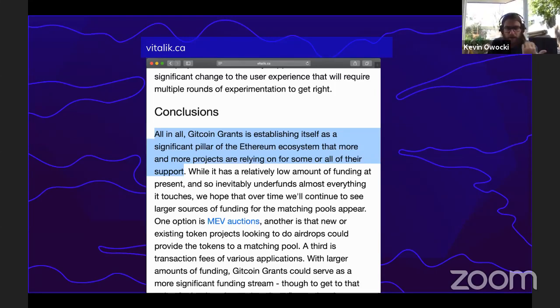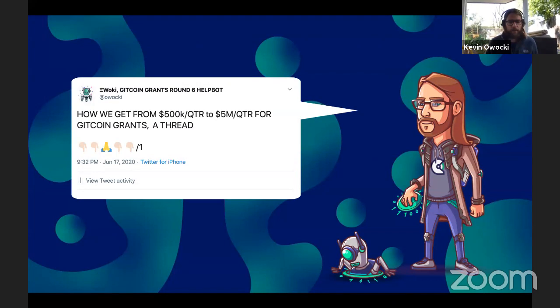So basically, this is from Vitalik Buterin, who, if you follow crypto, you know that he's the founder of the Ethereum project, and his blog post says that Gitcoin Grants is establishing itself as a significant pillar of the Ethereum ecosystem, which I'm really proud of, because people will come up to me and say, hey, the project that I'm working on got off the ground because of Gitcoin Grants. So it's really starting. One of our metrics is how many people whose lives can we change with quadratic funding, and I think that we're starting to see dozens of them in the Ethereum community, and we're not stopping here.